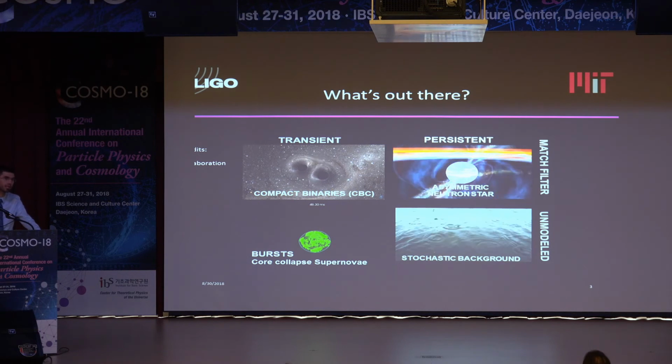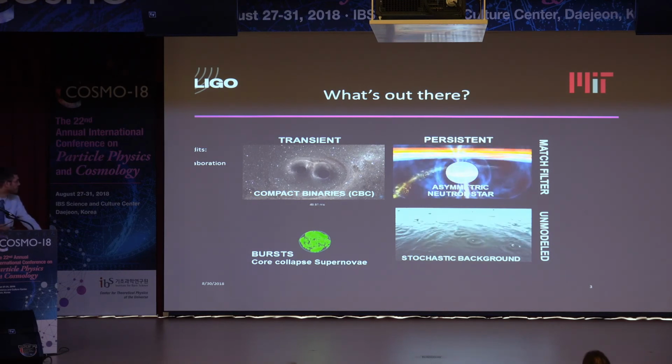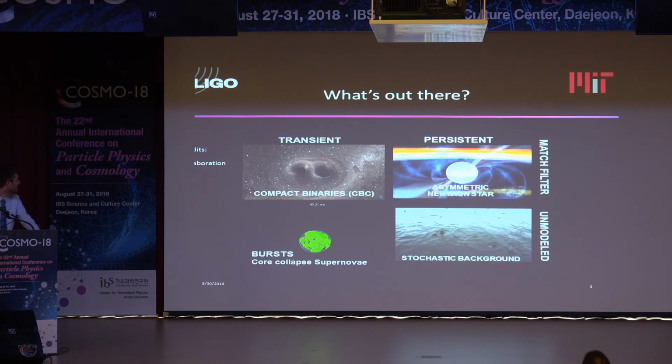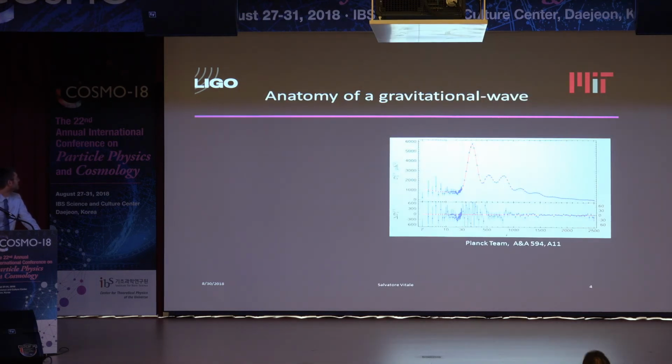The one that was hinted at a few days ago, the stochastic background from inflation, is going to be very challenging for ground-based detectors to measure. The other is the stochastic background coming from the sum of all the unresolved sources. Today, I'm only going to focus on compact binaries. You have seen this video already, although at a different frame rate earlier. All right, let me see if I can change slide.